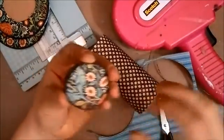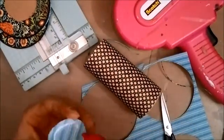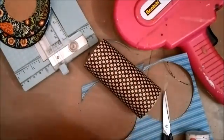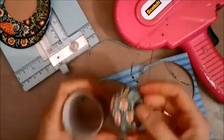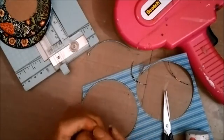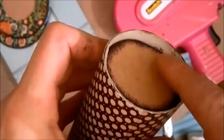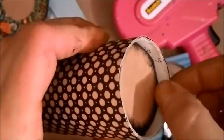To fit this, first of all, I will glue this to here, and for that I'm going to use wet glue. I'm going to put it inside here like this. Can you see that now it's not totally all the way? Let's see if my camera's got a focus mode on. Just a second. Yeah, like this. Now what I want to do is put hot glue around the edge